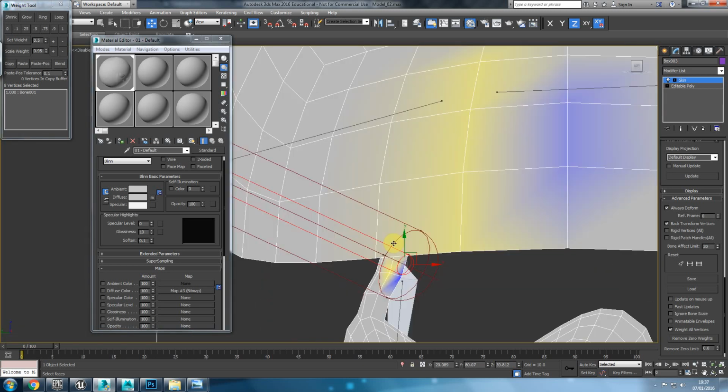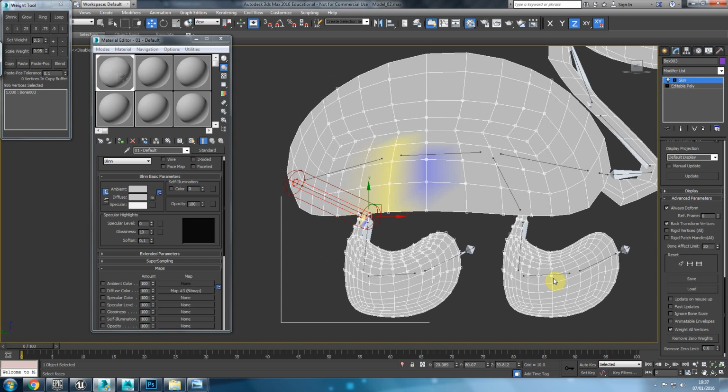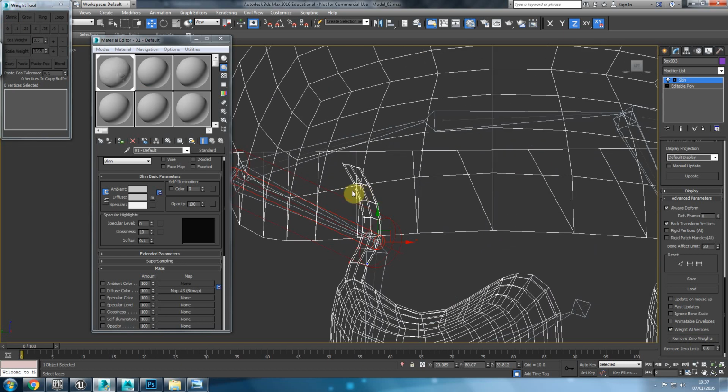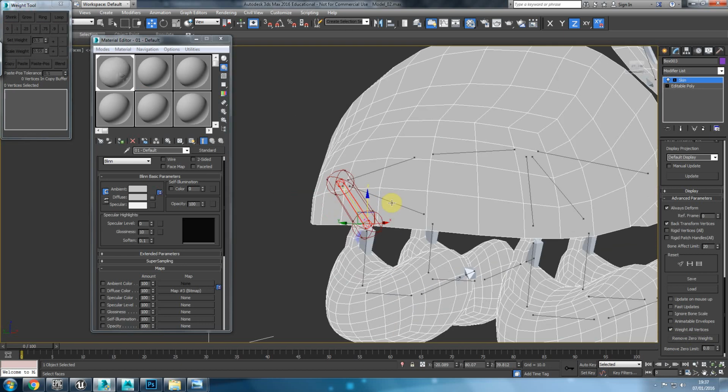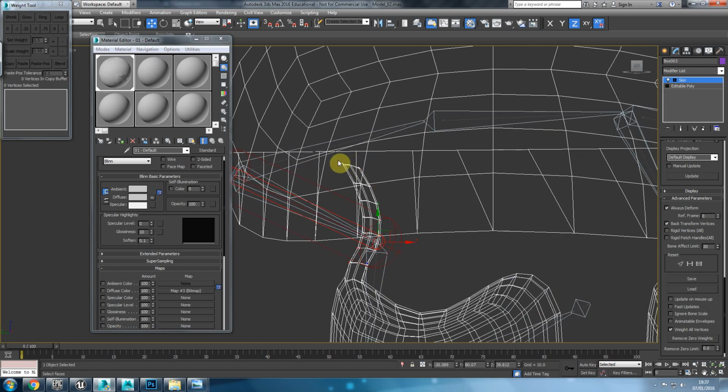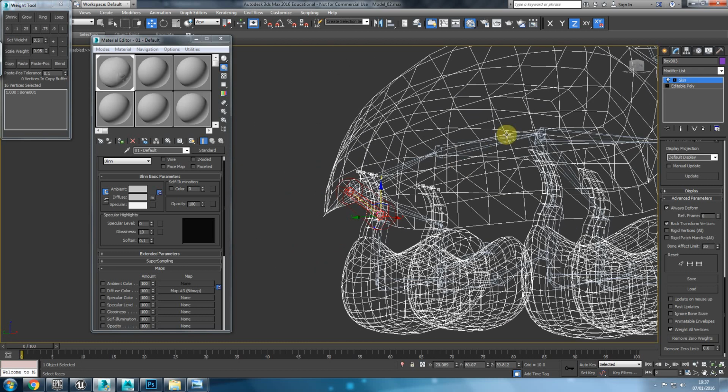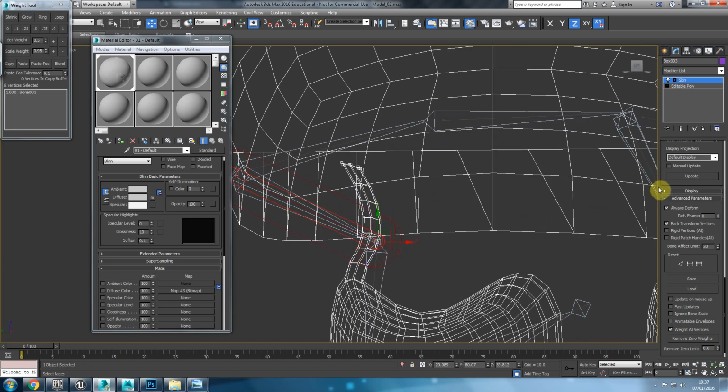Again, why do you have anything covered? You should have nothing, at least over here, covered. So 0, and then remove 0. Okay, so let's go ahead and select the bone that we already have, which is good, and then let's select those vertices and deselect them from the other side. Oopsie. Let's go ahead and